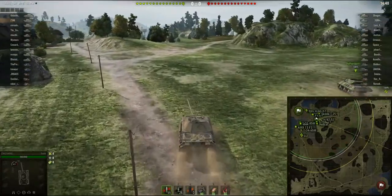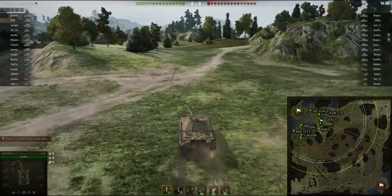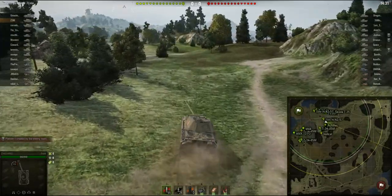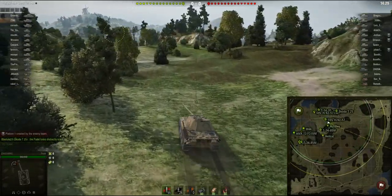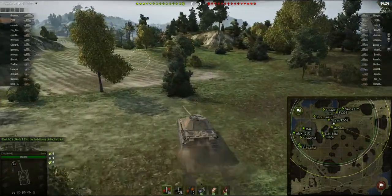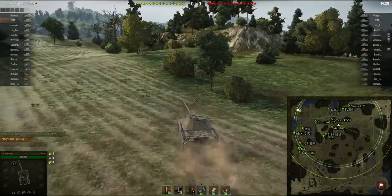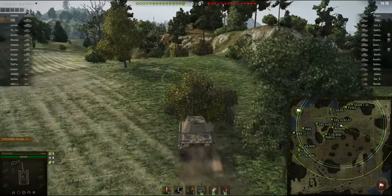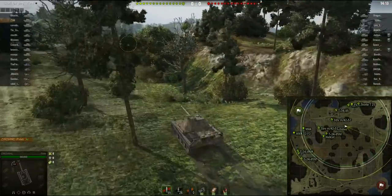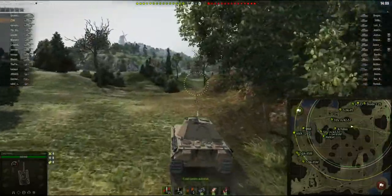I'm going to move myself over to the right around here by the 0 line. If anybody doesn't know about this, you go over to about the C7 area and you spot all that stuff that's going up the 0 line. I have some other videos on Swamp, with STIs and T30s and whatnot, and you'll see here shortly why it's hard for the mediums to come up from the 0 line from the south spawn to come north. All I gotta do is come over here to this corner